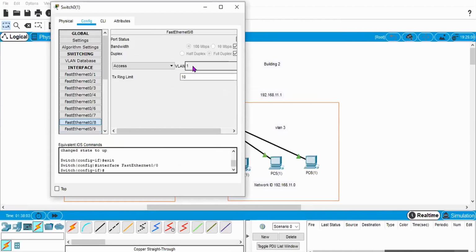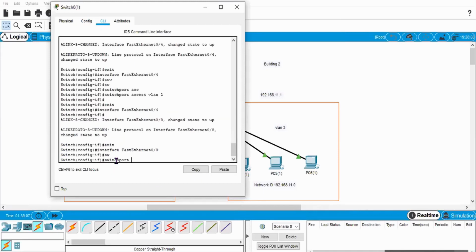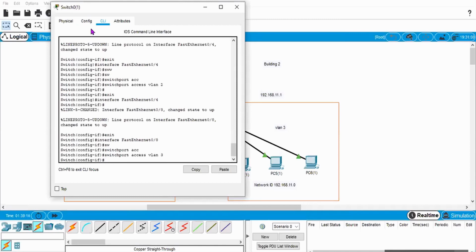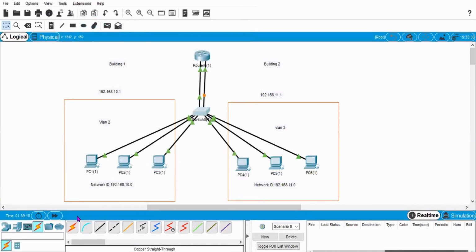So port number 8, which is by default in VLAN number 1, I need to define in VLAN number 3. So now this port is in VLAN number 3. Now I can communicate between this PC and router.